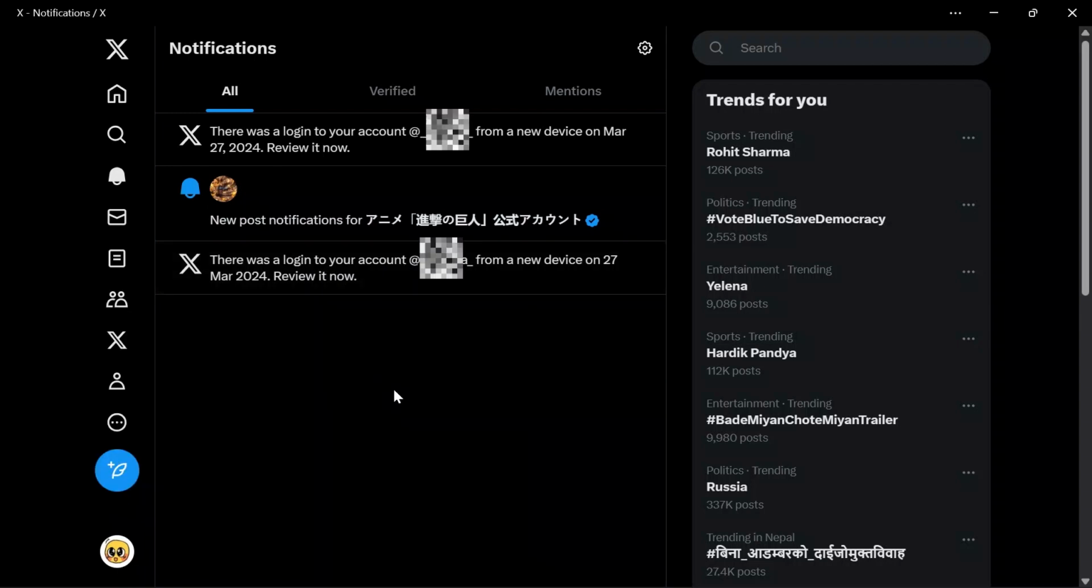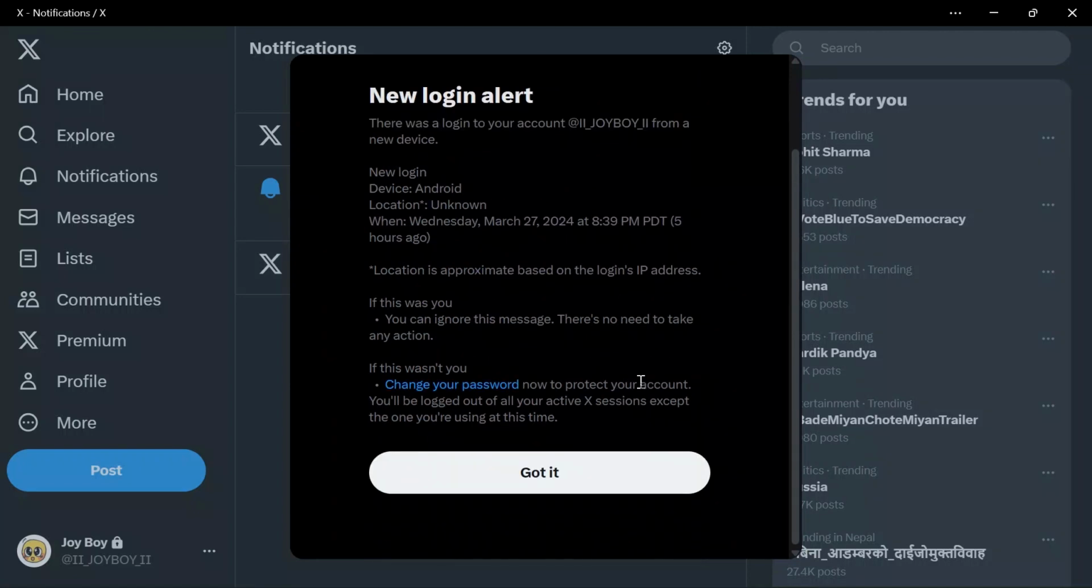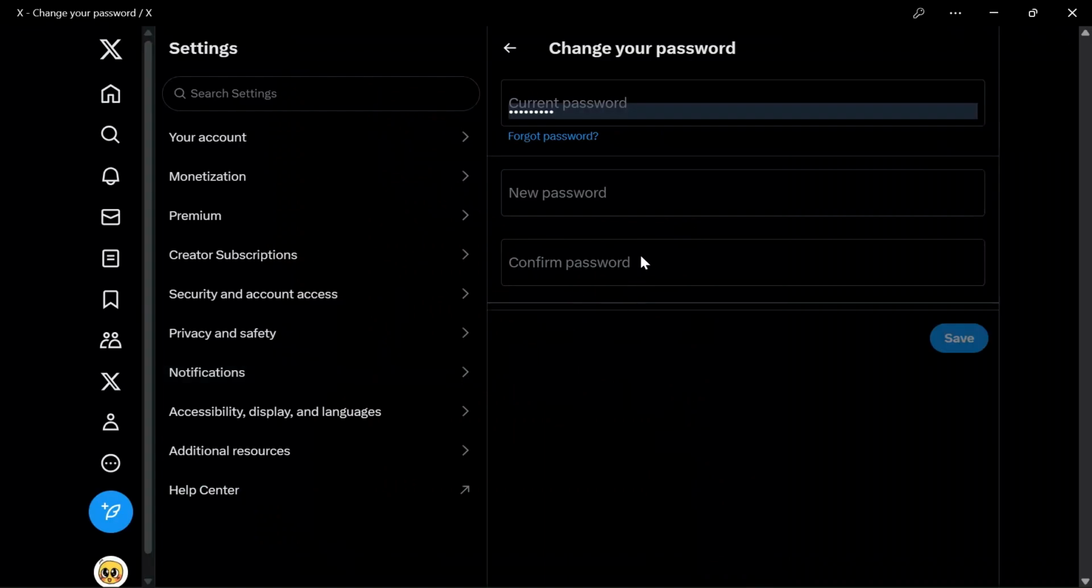Just simply click on that notification which you find suspicious, and after clicking on that notification it will show something like this tab. Now in order to fix the security problem, just simply click on this change password and then